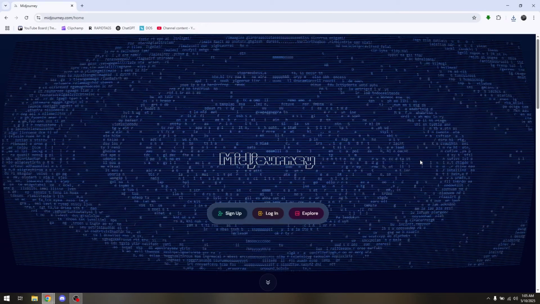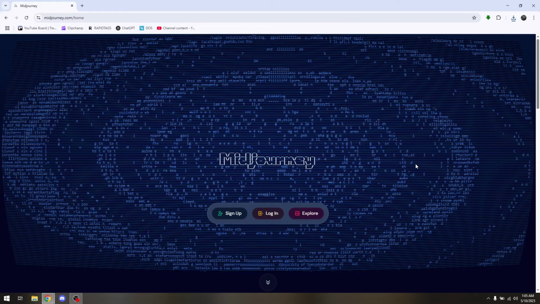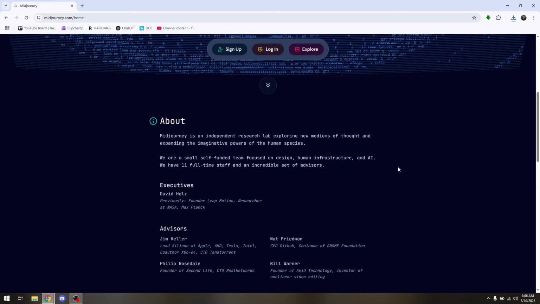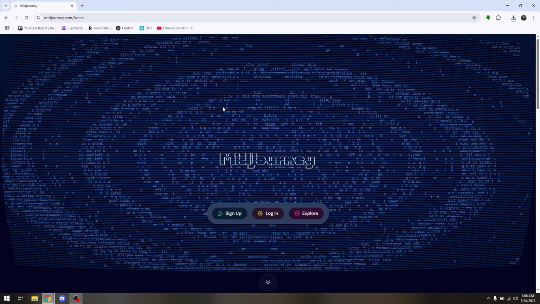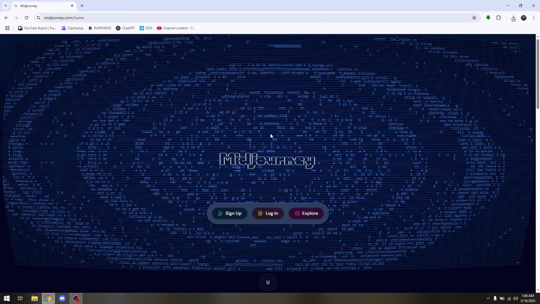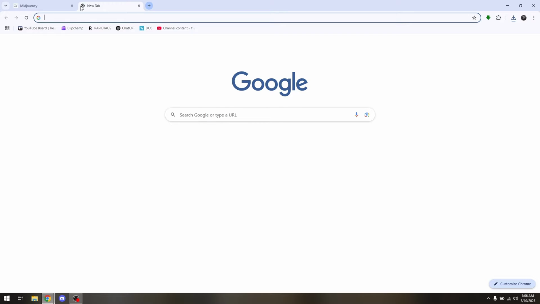Now, if you're going to be using either your laptop, PC, or your mobile phone, the process or the steps is actually the same. So if you're using your PC, just head directly to midjourney.com's official site, and before you log into your account, just simply create a new tab, and we will be visiting a website that's going to be called